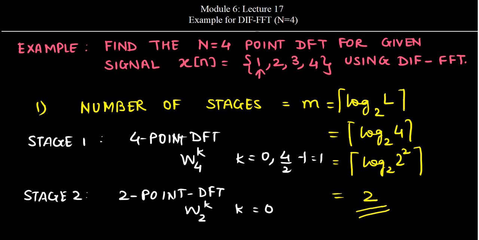So let us try to find out the structure one by one, and in case of DIF FFT there is no need to perform bit reversal initially, whereas the output that we are going to get would be in the bit reversed form. So initially we just need to consider the same sequence. So what we have is, we have 4 points with us. So let us consider it something like this.